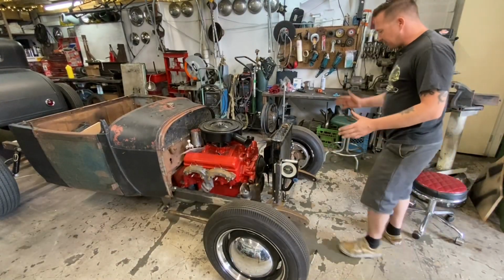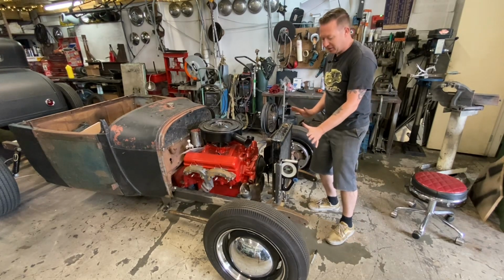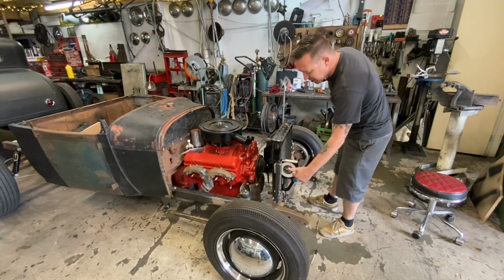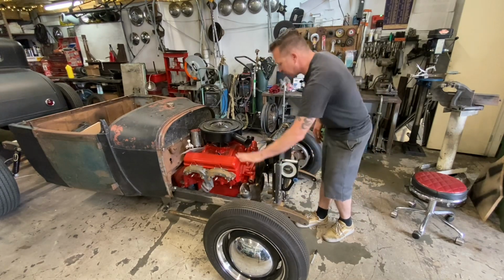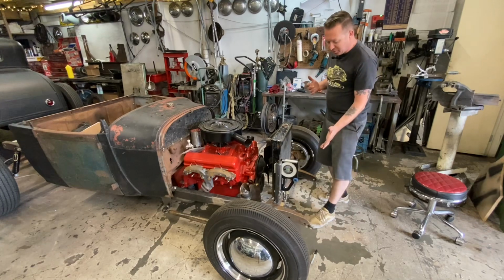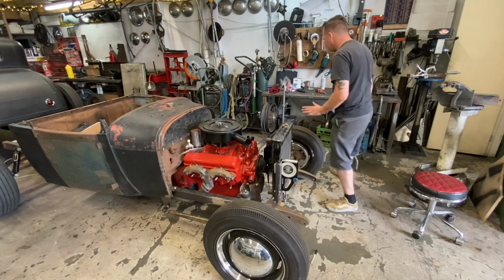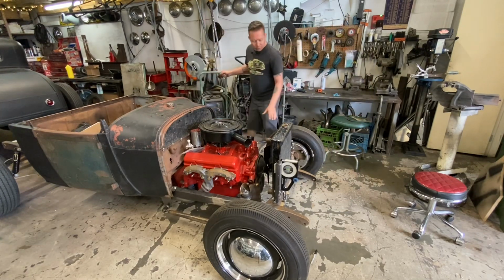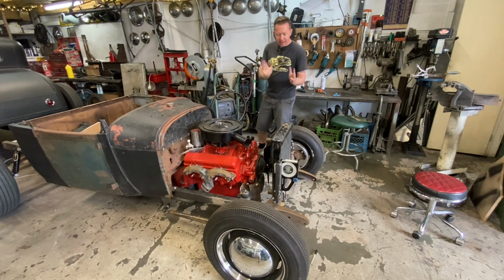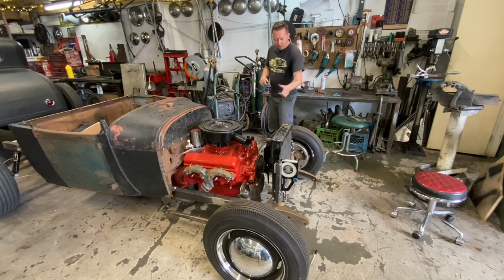All right, I've got this mocked up. Miraculously, this thing is balancing here right now. I got the angle finder sitting on here, set so that right now it's 90 degrees from the top of the frame rail, and I guess through magic, the weight of the angle finder balances it perfect. So before this falls and breaks everything, I am going to tack it. I'll tack one spot, get it where it needs to be, tack the other spot, and when everything's sitting right, then I'll go around and weld